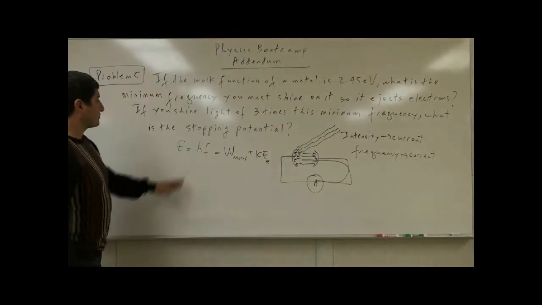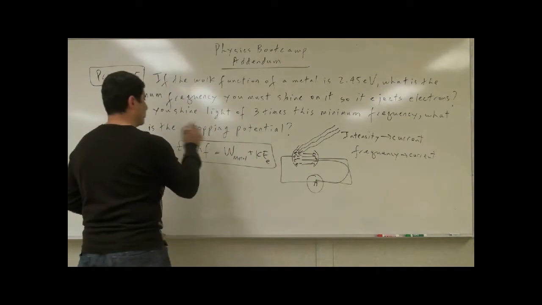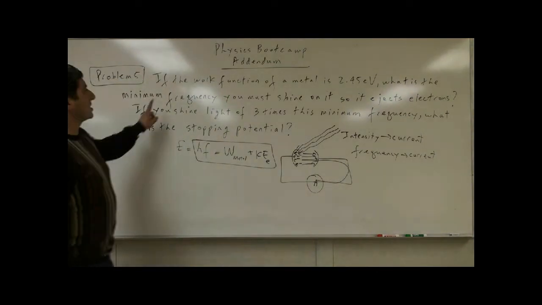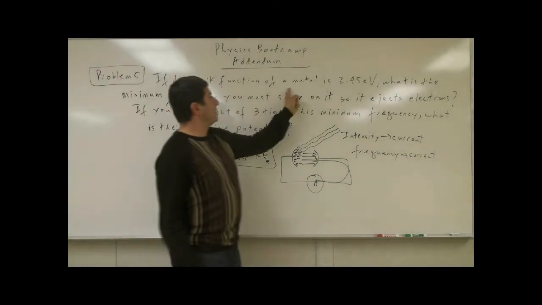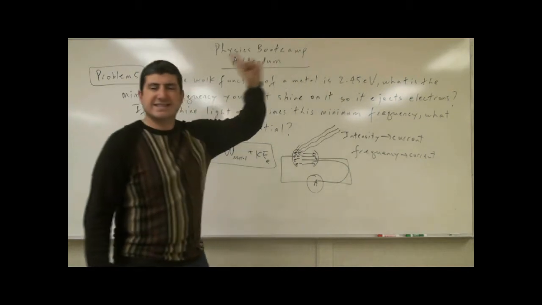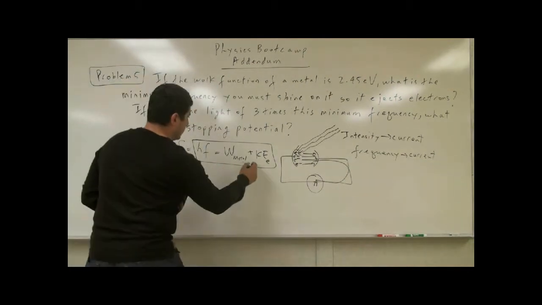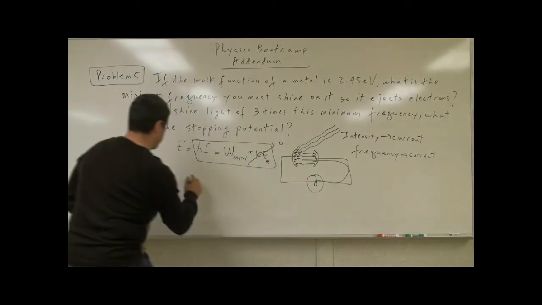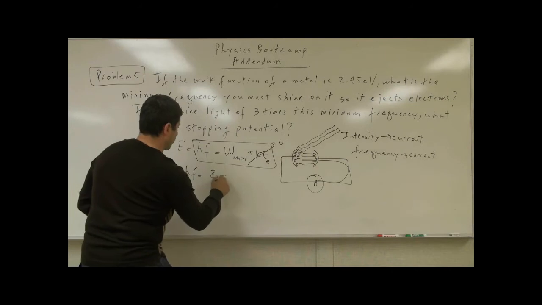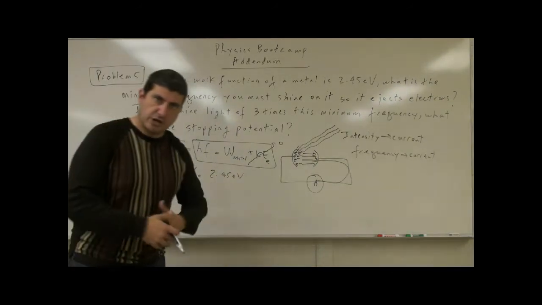So the equation of the photoelectric effect can be summed up with this equation. So in this case, we are asking, the work function of the metal is 2.45 electron volts. What is the minimum necessary frequency? So what we do is we say when the kinetic energy is 0, hf is equal to the work function, 2.45 electron volts. And remember from the previous problems,